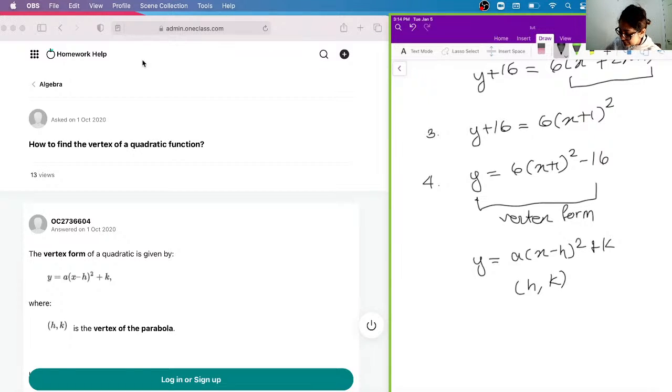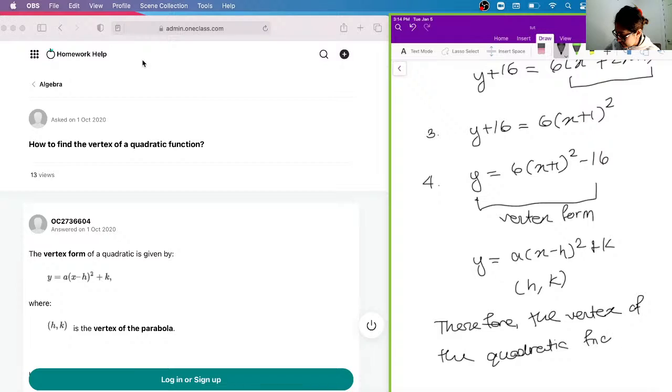So then therefore the vertex of the quadratic function